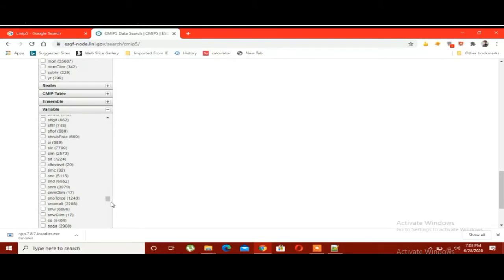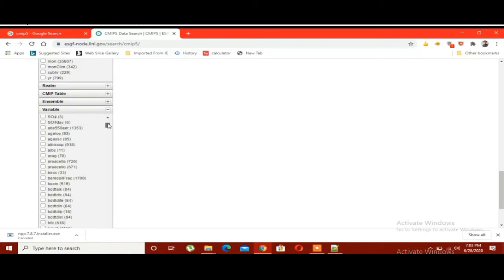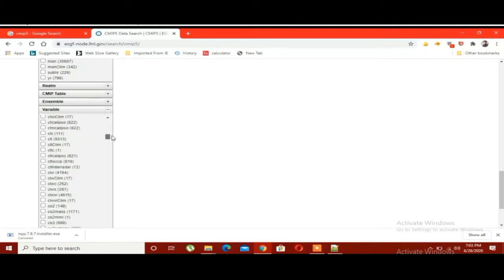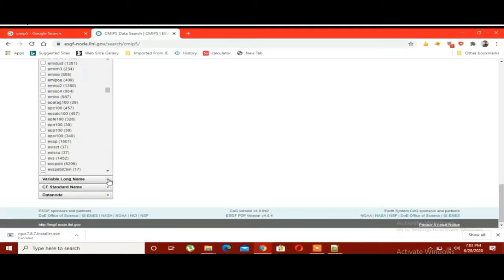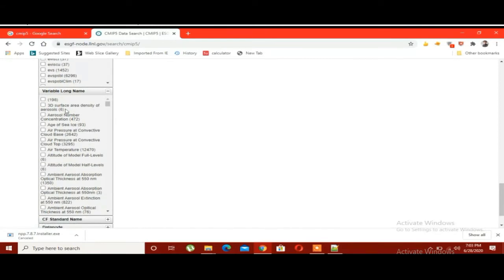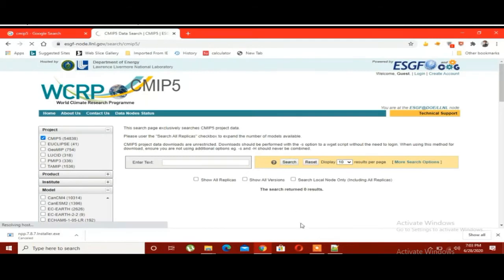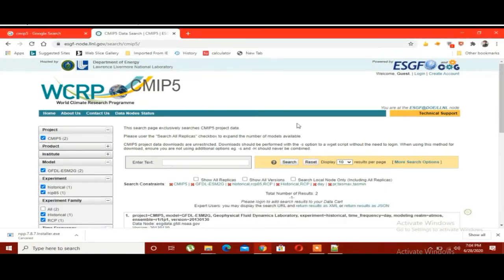If you want to download some other data that is not available in your country or in your region, then you could select that particular parameter from here and download it. Then after, you have to apply uncertainty analysis. You have to apply different sorts of methods, which we could call accuracy methods for correcting your data. That is the variable long name. In the upper portion there was the shorter name, so you have to click on search. Okay, after that